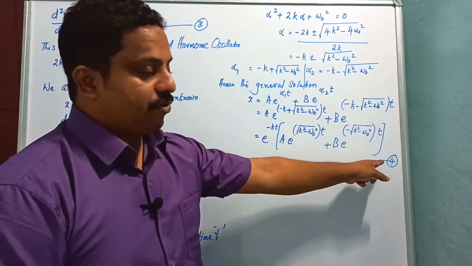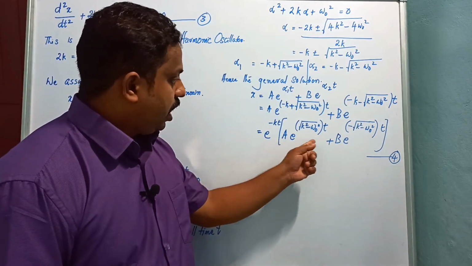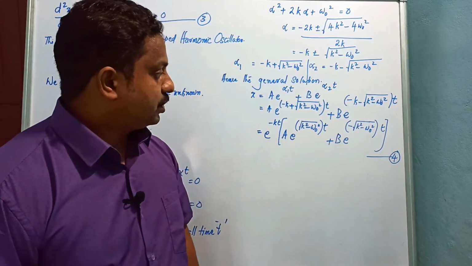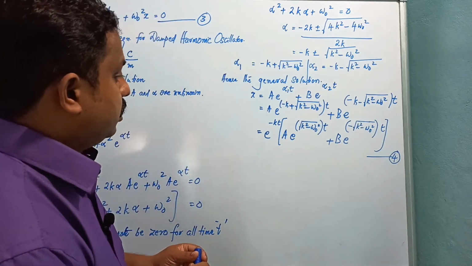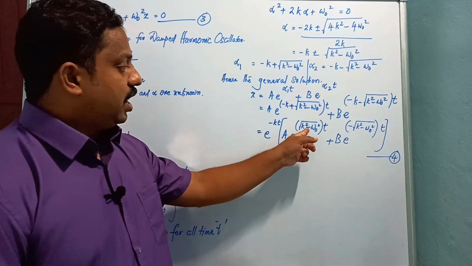This is equation number 4. Here both a and b are constants and their values depend on the initial conditions, and depending on the values of k and omega 0,